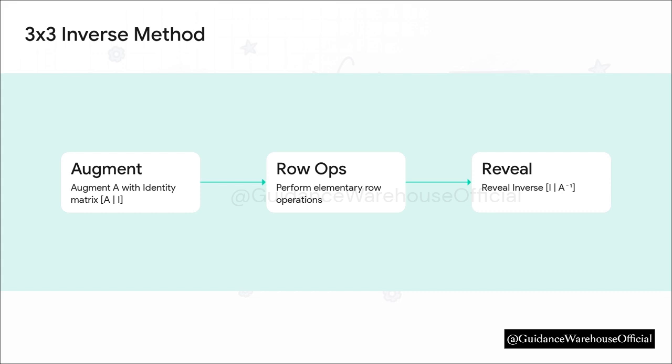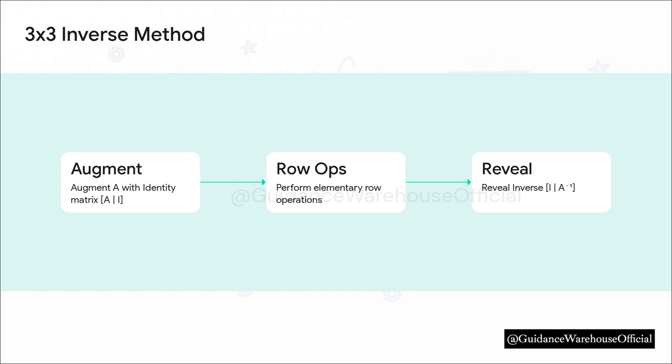Well, unfortunately, that neat little formula we just used goes out the window. We need a totally new strategy. For a 3x3, we use a technique called augmenting with the identity. Step 1, we write out our starting matrix, draw a vertical line, and put the identity matrix right next to